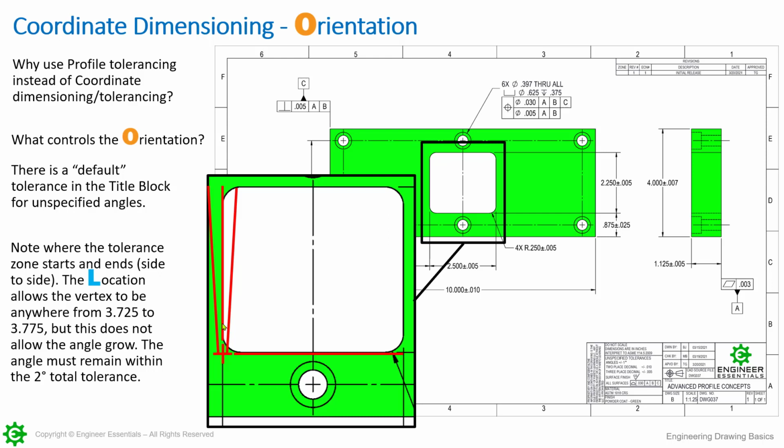One thing that I do want to point out, this doesn't change the angle or cause the angle to grow. No matter what, down there in the title block, it says plus or minus 1 degree, so we only get a total of 2 degrees tolerance on that. This is going to orient that surface. Now, it is an orientation from the datum feature, not from the datum. And like I said, this would be for all of our surfaces on here that we would apply this angular